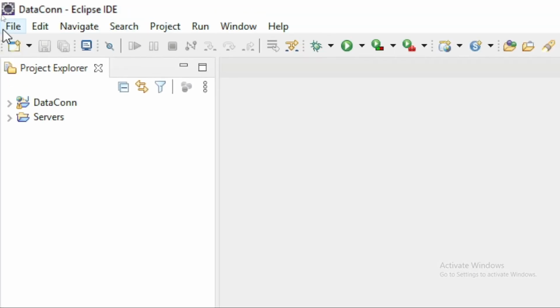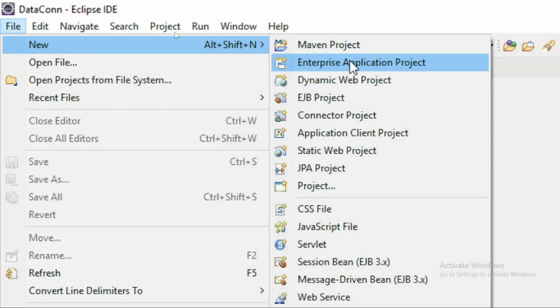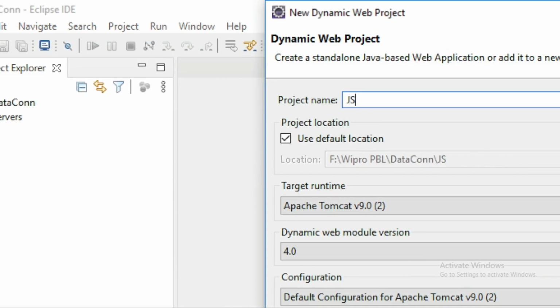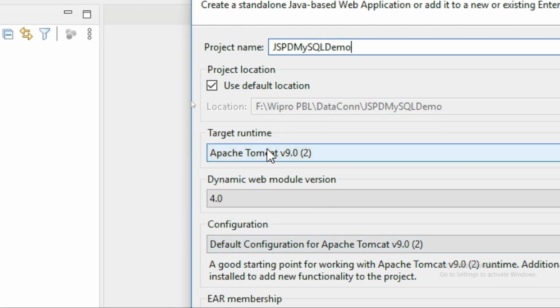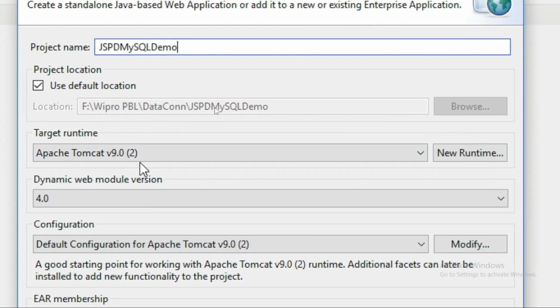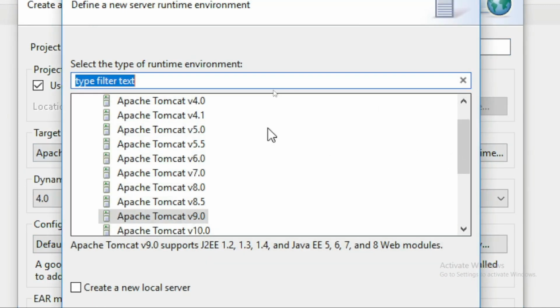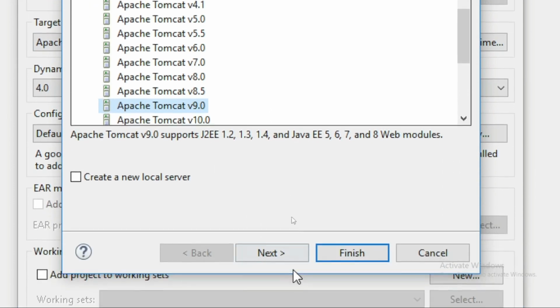First I'm going to create the project, a dynamic web project in Eclipse, and I'm specifying the name of this project as JSP MySQL demo. The target runtime that I am using is Apache Tomcat,